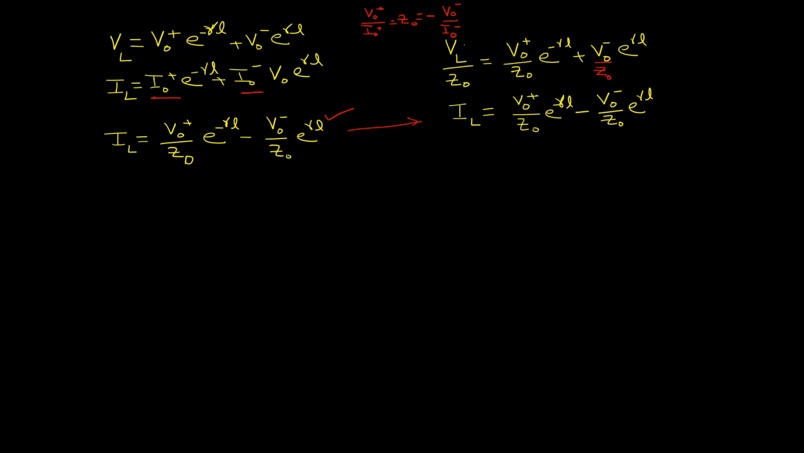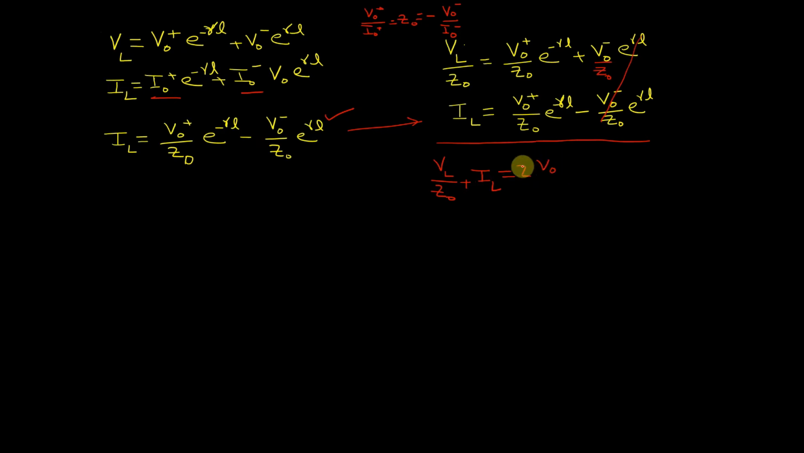Now we can solve this equation. Just add the equations. In the addition, this term will be cancelled out. So you get the left hand side added like this: VL divided by Z naught plus IL is equal to